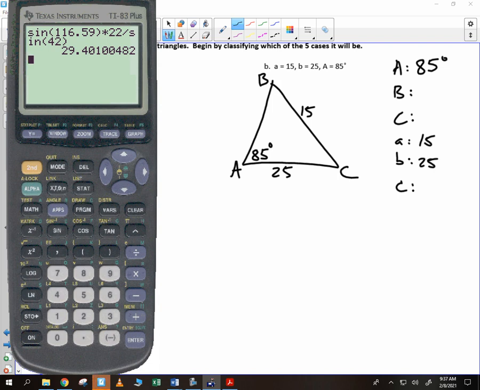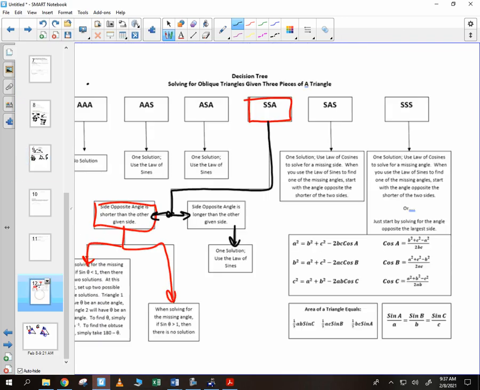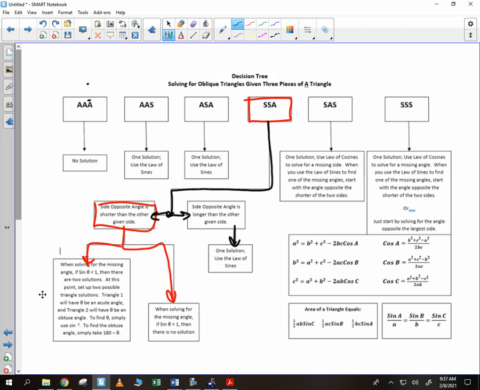What kind of triangle? Side-side angle again, right? Stupid donkey. I feel like we should watch Shrek in honor of it. Great movie. All right. So side-side angle, donkey says I got to go down here and decide,